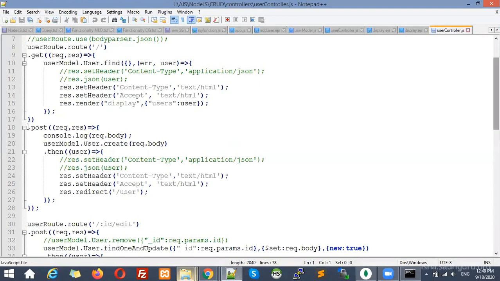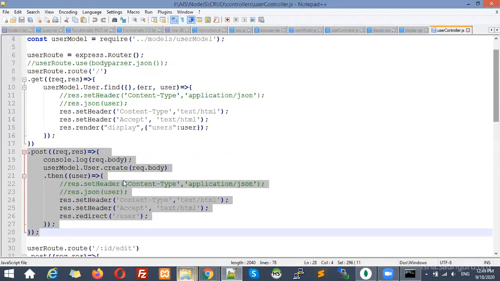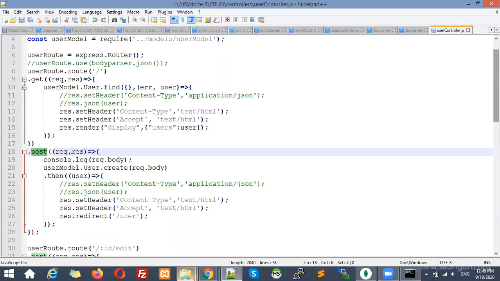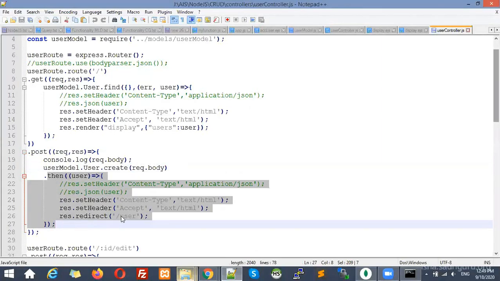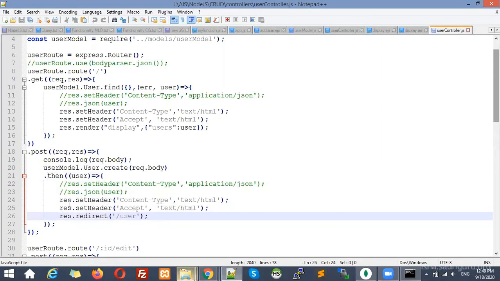You can see we have created post, then request and response, then create, then body, and then after successful insertion, it will insert the record. We are redirecting to the user.